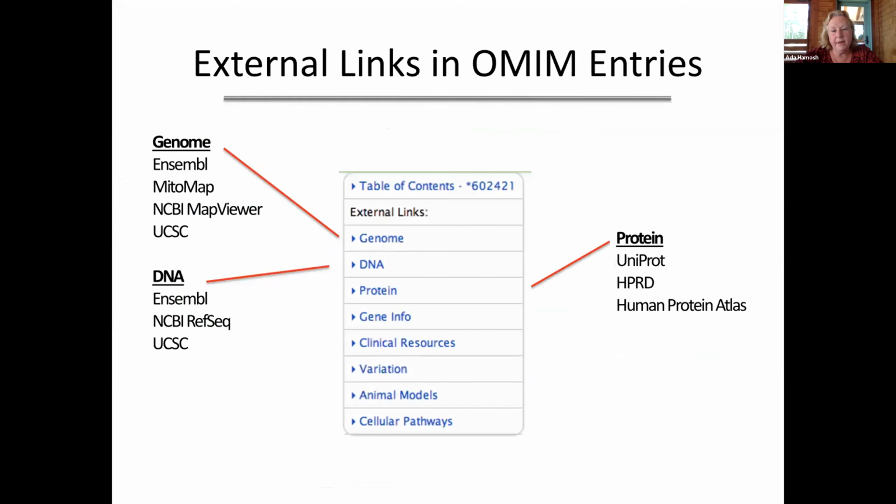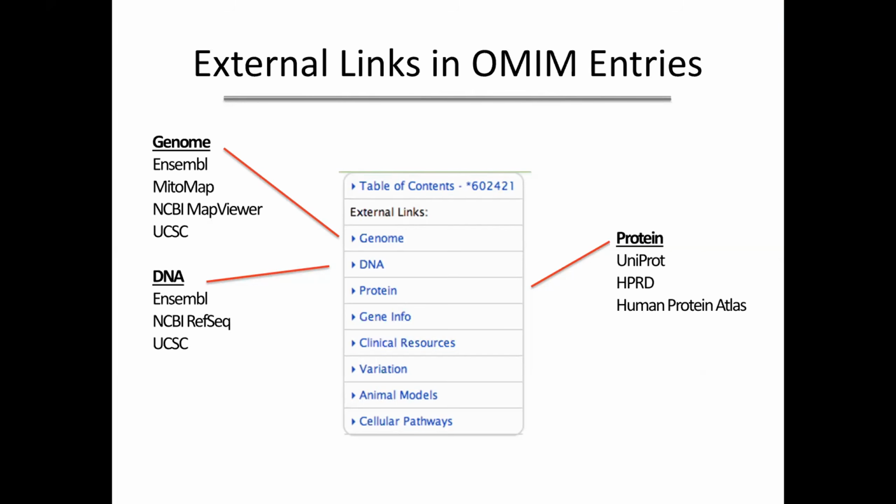All righty. Now I'm going to shift to external links. So any questions about what I just showed you before I move on? I have a quick question: so you were saying if there's a question mark in front of the phenotype in the phenotype table, then that means it is based off of limited, not the ClinGen definition of limited, but like one family. Yes, it usually means one family. So it's the ultimate in limited.